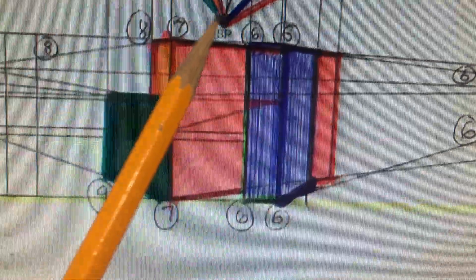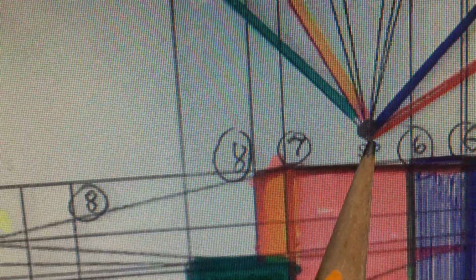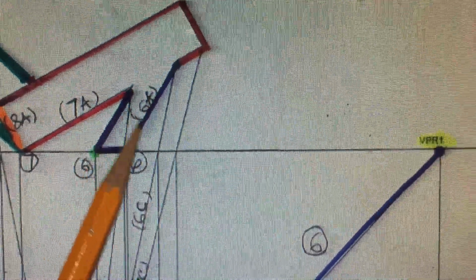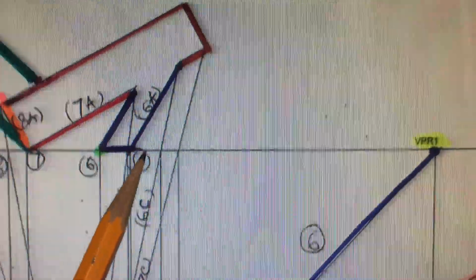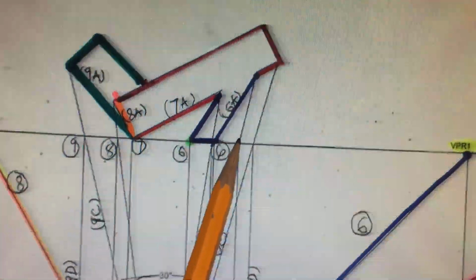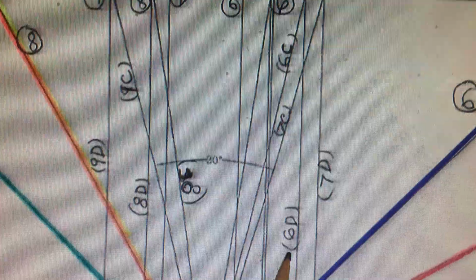So when you draw, you start from number 1 right here, the standard point. You see that? The first one, you look at this corner, for example, and you connect this corner right here from the small building. I call it 6A. So you draw the line, connecting this point with the standard point right here. And when you connect like this, it cuts the picture plane. When it cuts the picture plane, you drop down. You look at that, drop down